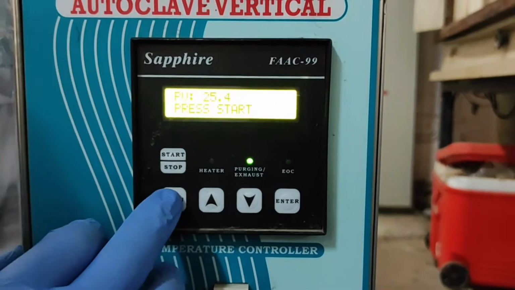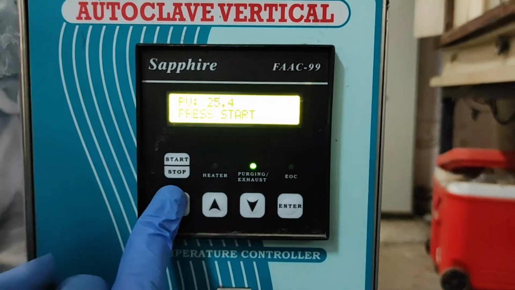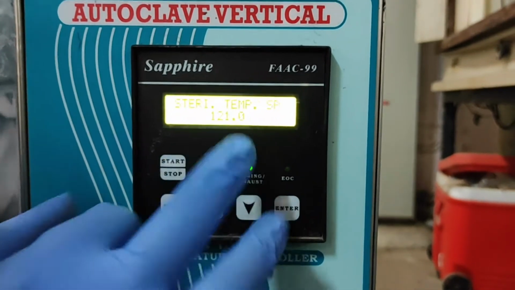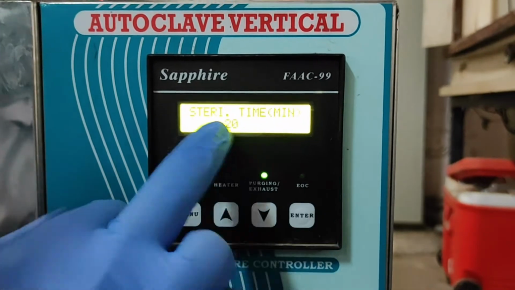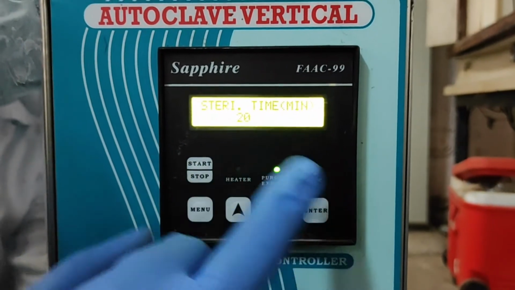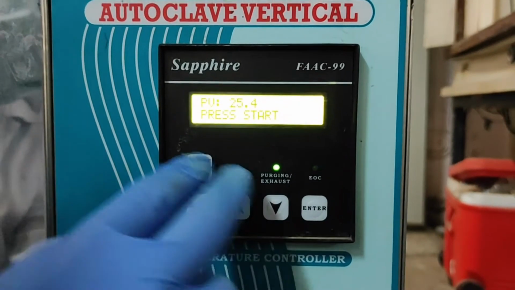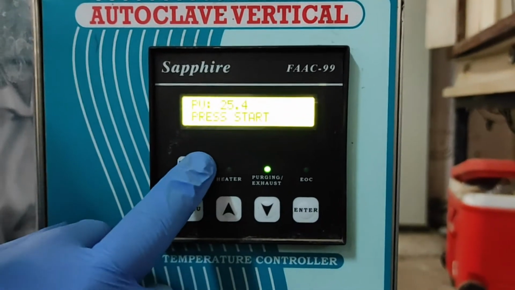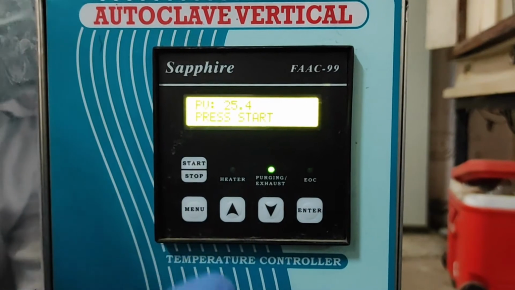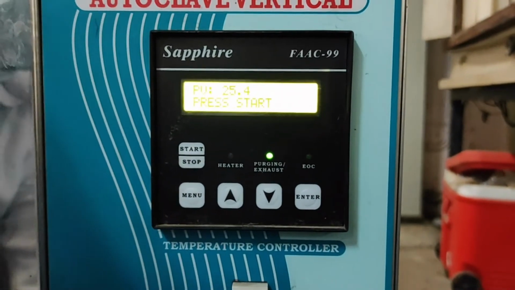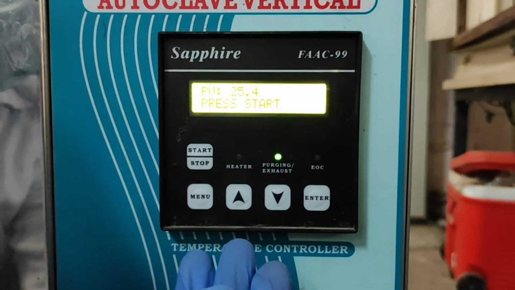For that purpose, we are going to use 121 degree centigrade temperature that we have set, and we have set the timer to 20 minutes, and now we have to start it. During autoclaving, the temperature inside the autoclave will slowly increase, and it will reach up to 121 degrees.